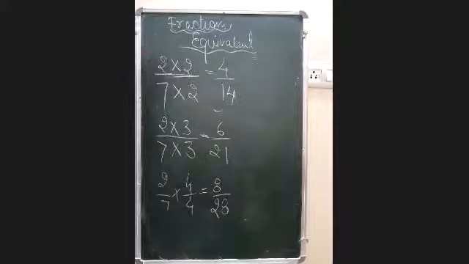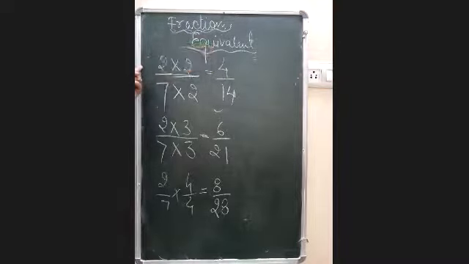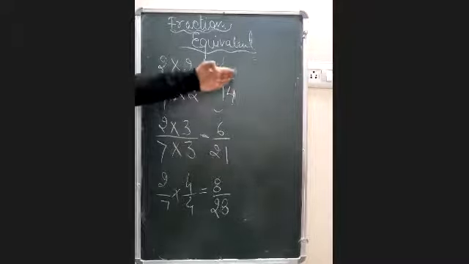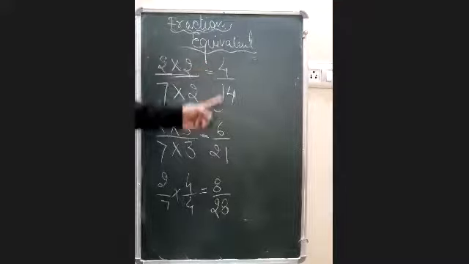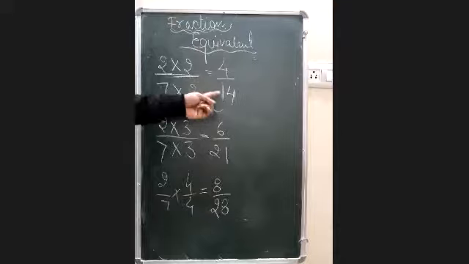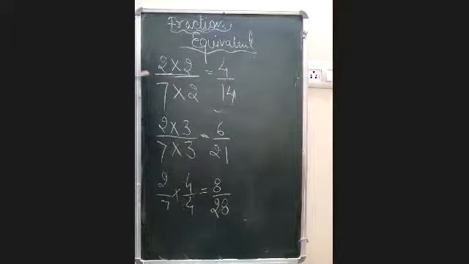So now you can see these all are equivalent fractions of 2 by 7, because ultimately you are getting these 3 fractions from the same number, that is 2 by 7. It means if you simplify them, or when you write these fractions in simplest form, you will only get 2 by 7 in each case. That is why they are equivalent fractions of 2 by 7 only.